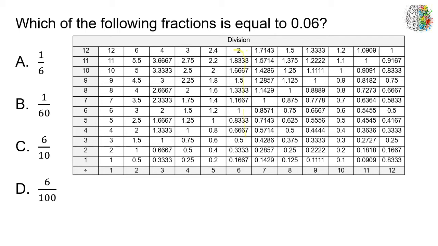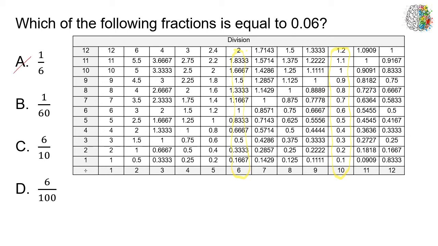So if I'm dividing by 6, that's going to be out of this column, and if I'm dividing by 10, I'm looking at that column. So I notice anytime that I'm dividing by 6, I'm going to have a really long number. It's either going to end in a 7, a 3, or a 5, because I'm noticing the last digits on all of those. So that automatically tells me that